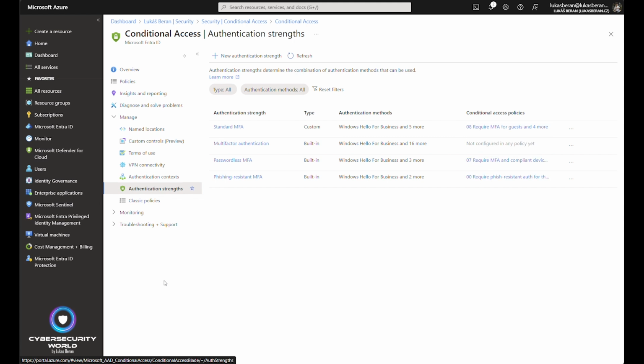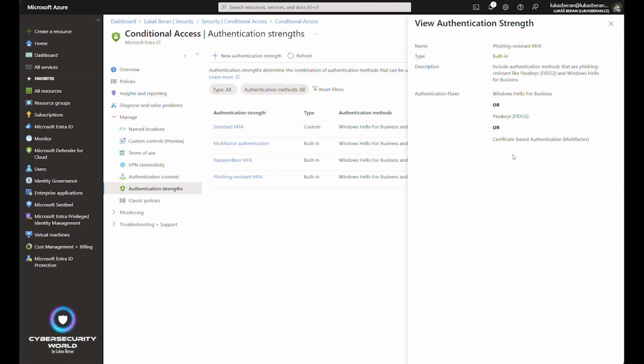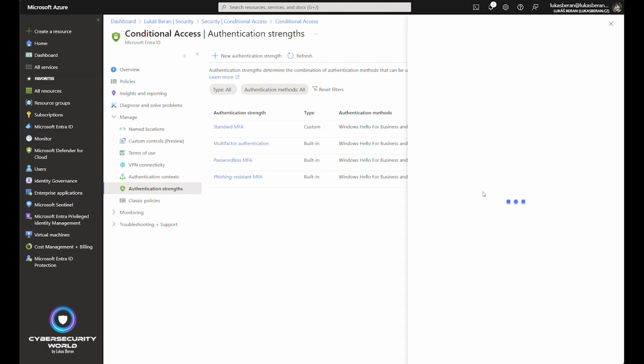Authentication strengths. There are 3 built-in authentication strengths: phishing-resistant MFA, passwordless MFA, and multi-factor authentication. For phishing-resistant MFA, there are 3 methods that are considered phishing-resistant: Windows Hello for Business, passkeys, and certificate-based authentication. Then we have passwordless MFA,